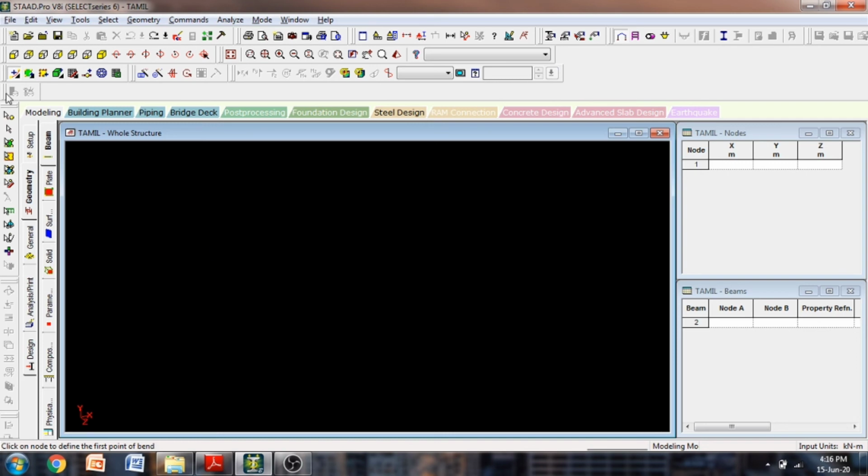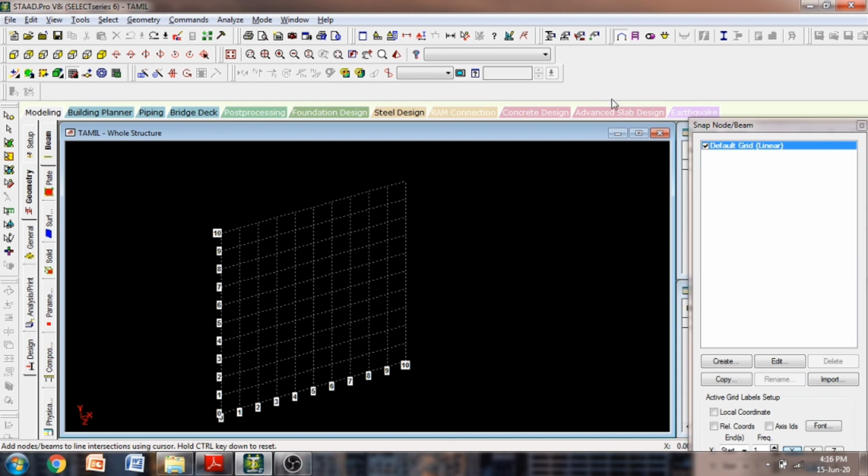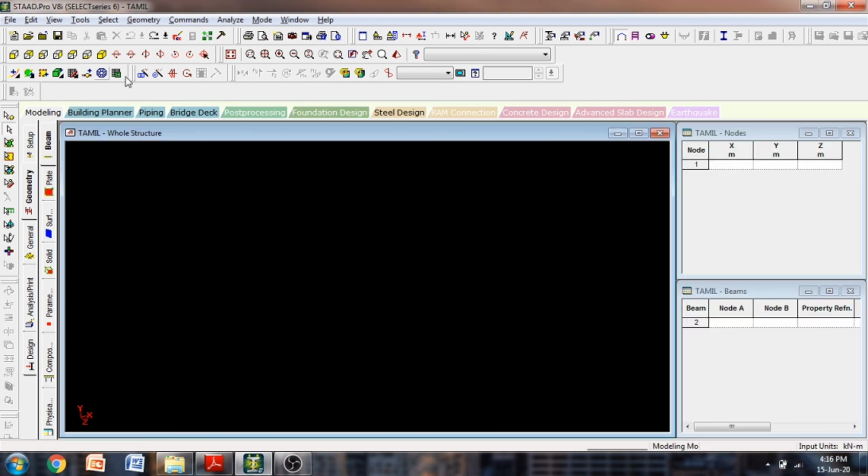So let's go to the next thing. This is also the plate, a kind of solid, sorry, this is a surface, this is solid, and this is the first thing I was showing, like a mesh. You will no longer need that. Then this is for inserting a node between 2 nodes. If you have inserted a beam and you want to insert a new node onto it, you can just click with this and go with it. This is surface meshing, same as that.